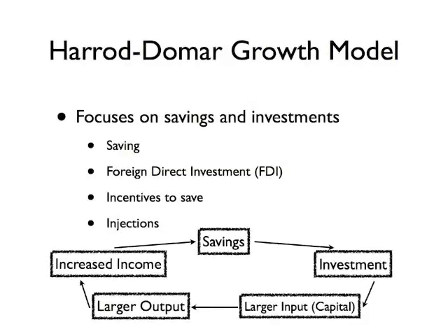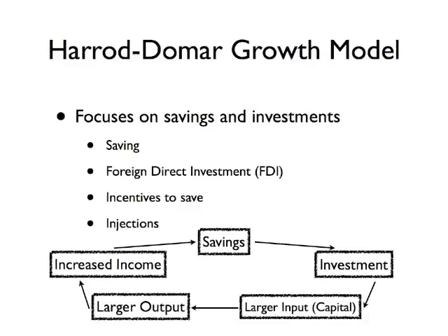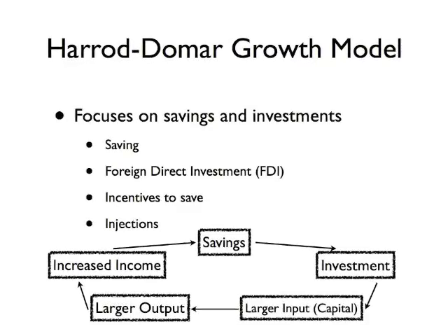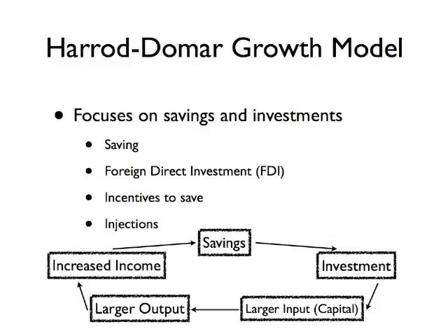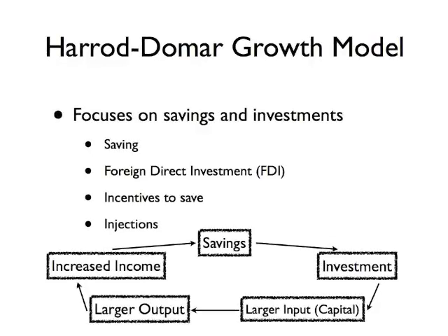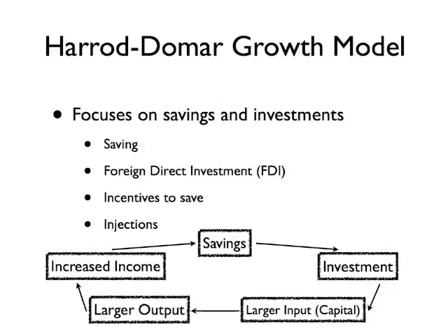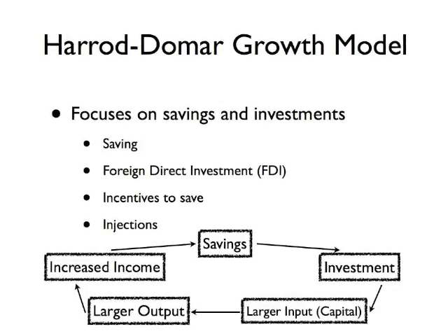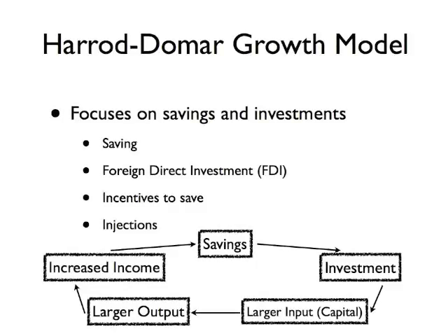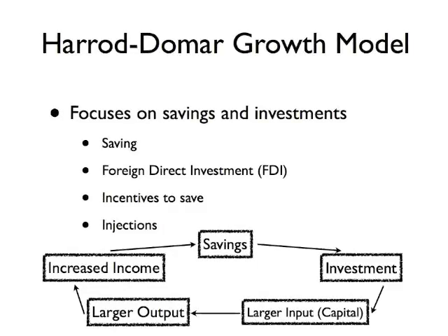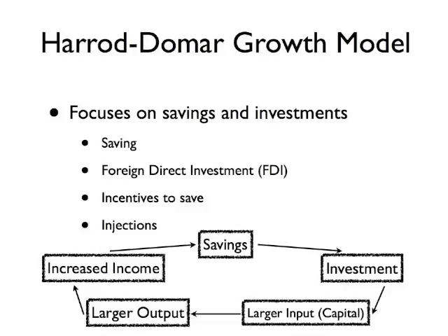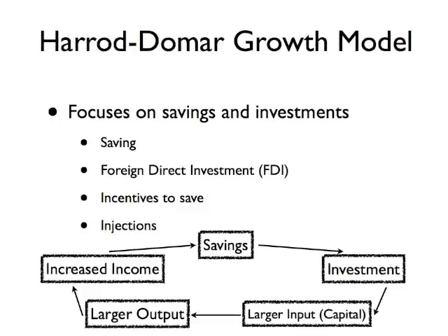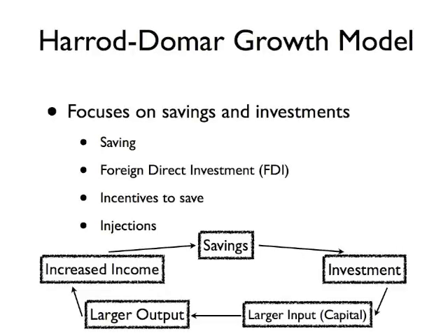The Harrod-Domar growth model focuses in on the savings and investment aspect of growth. In less developed countries, LDC, there is usually a shortage of investment, and because of this shortage, it will be very hard for these LDCs to advance in technology and experience economic growth. There are many ways to experience growth, but the main one suggested by this model is that if savings or other forms of investment, such as foreign direct investment (FDI), increase, the capital invested into production will increase, allowing the producers to expand and increase their output.